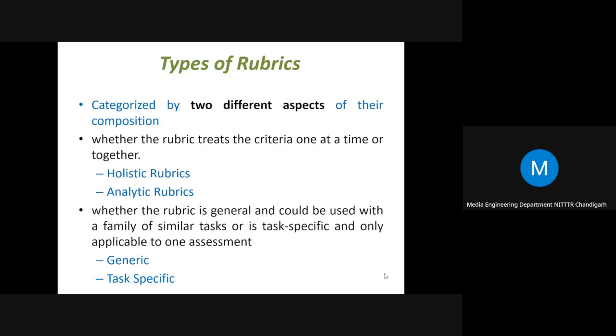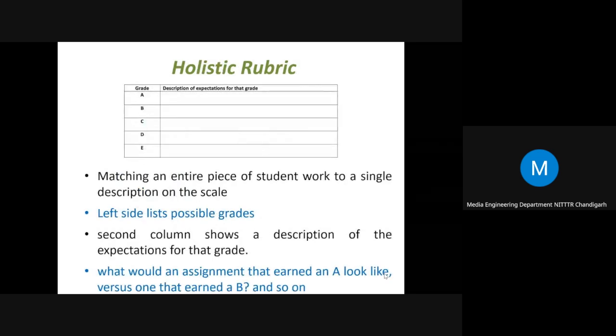Similarly, whether we are using a generic rubric or a very task specific rubric, based on that we can have a generic rubric or a task specific rubric. These are the two different categories of rubrics based on which we can classify further subtypes. We'll go through all these one by one.